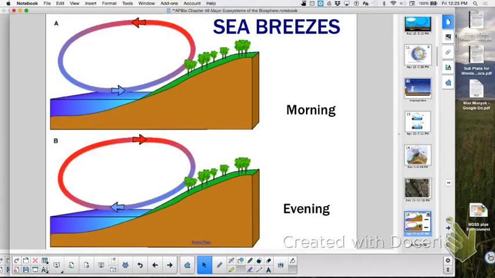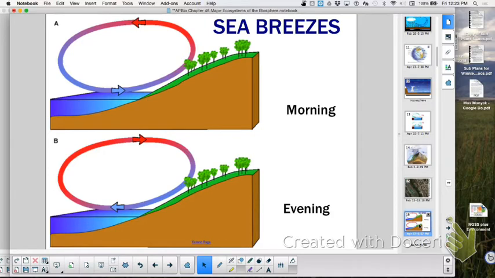Okay, we talked about how due to the earth cooling more rapidly and heating more rapidly, you tend to have onshore breezes in the morning because the earth's heating up, the air is rising, and it's going to get replaced by oceanic and cool breezes. And then in the evening, the earth will cool down quickly, and due to the hydrogen bonds in the water in the ocean, it's going to be re-radiating that heat more slowly. And that air is going to be rising there and pulling the air to replace that vacuum off the land. So that would be an offshore breeze.